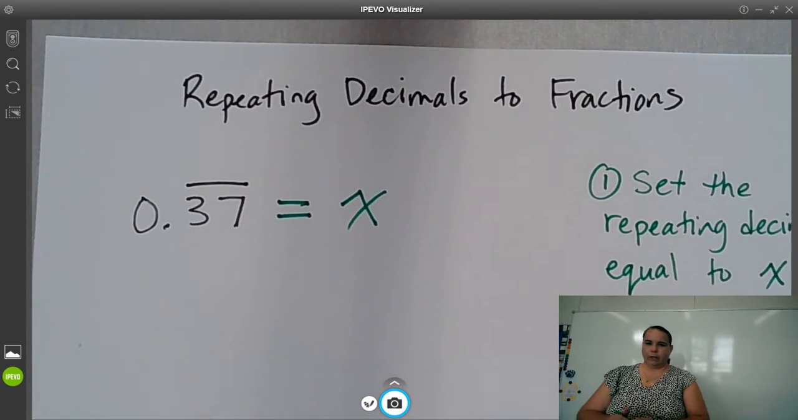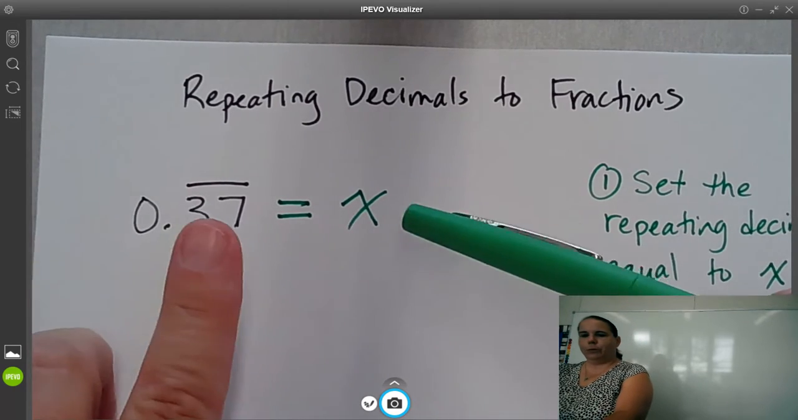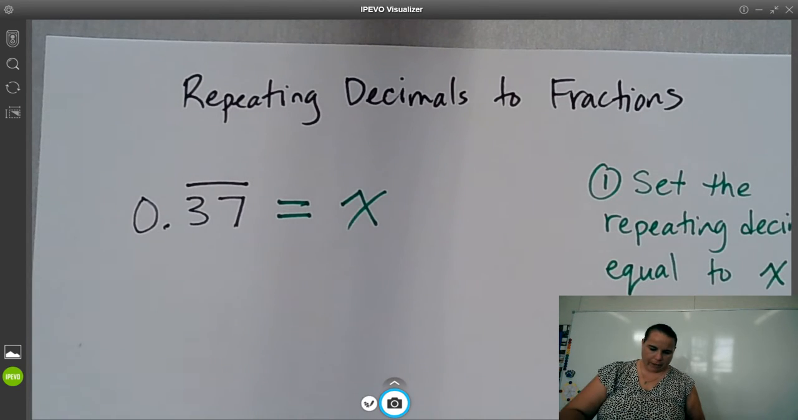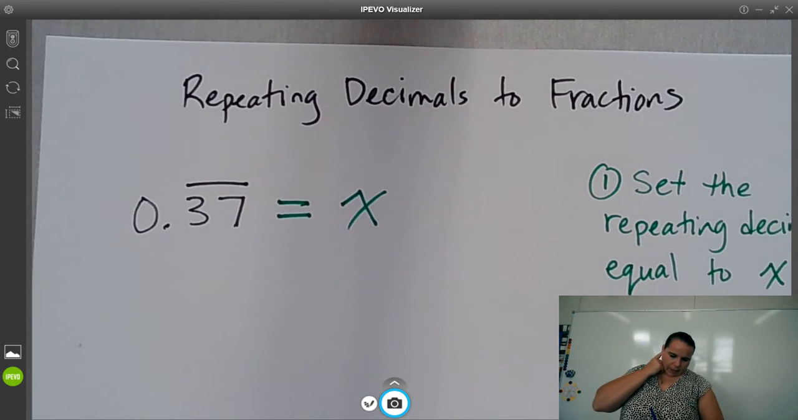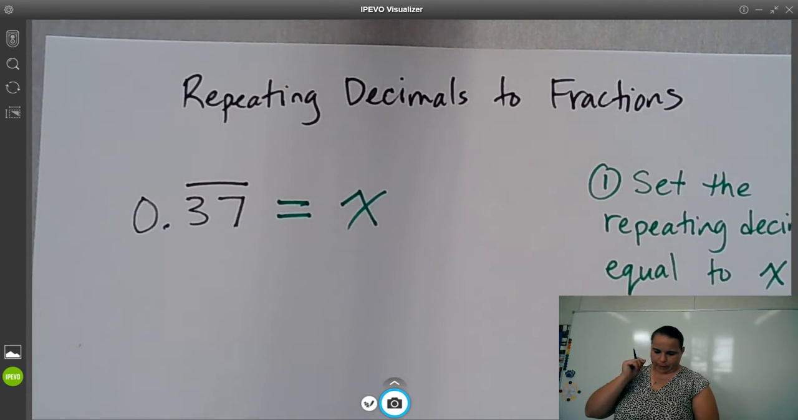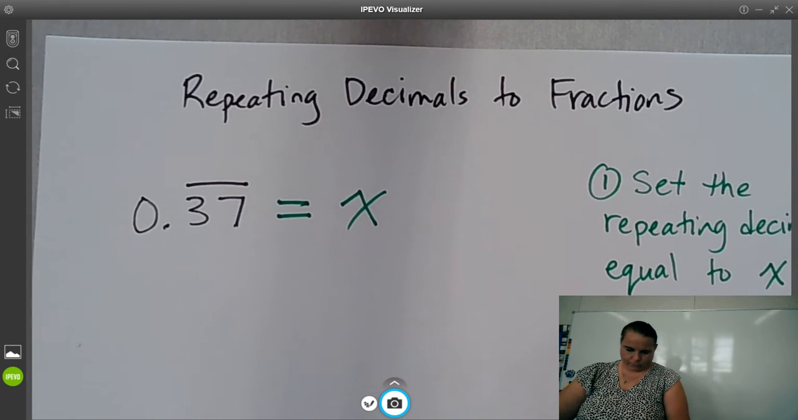All right. Now, when you have an equation, whatever you do to one side, if you do the same thing to the other side, it stays equal. Okay, so the next step is we need to look and see how many digits are repeating. So there are 2 digits repeating. So we need to multiply by 100 in this case. So what we're going to do is multiply both sides of the equation